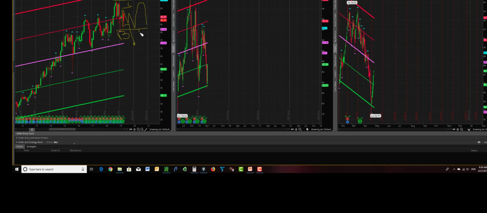But if it comes down and breaks and closes below the B point, now we have a downtrend on the monthly. And that becomes very important to notice: your monthly is really creating the trend, and the weekly and daily and small time frames are really responding to the monthly. And so then on the weekly, now we come and look at that and we'll see,